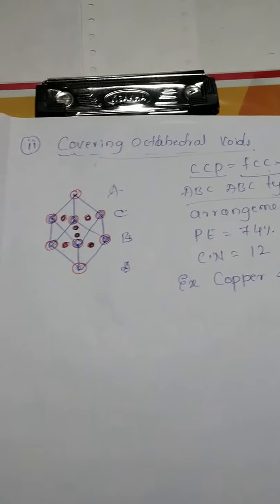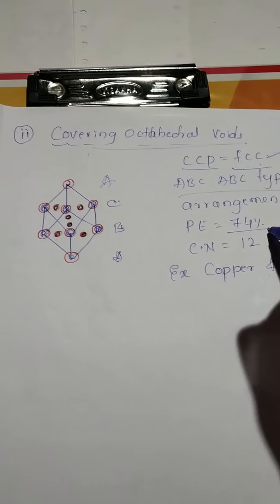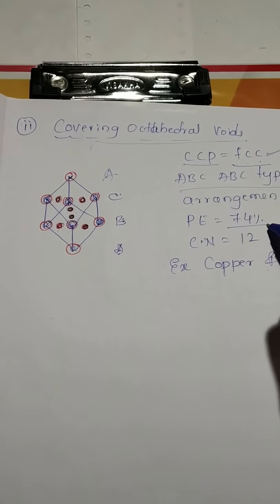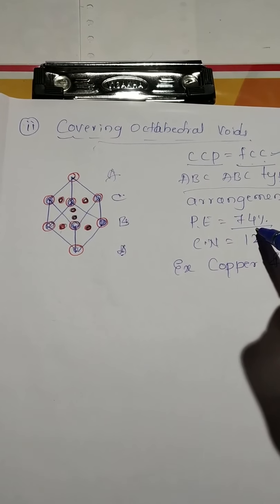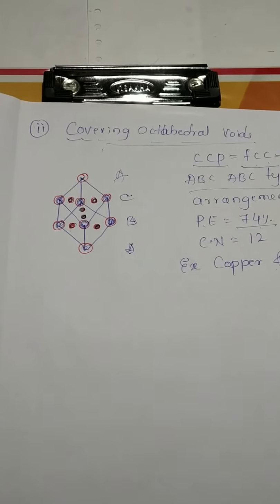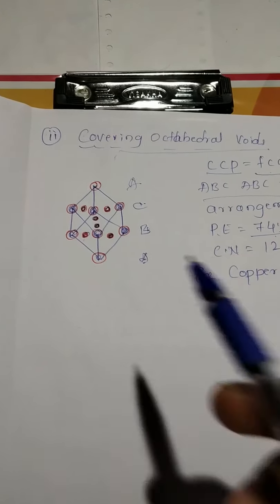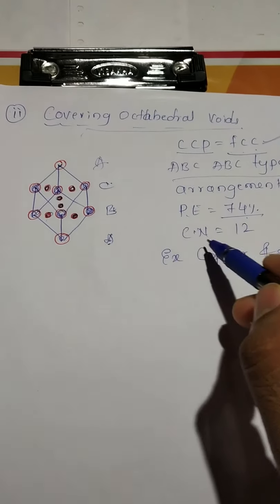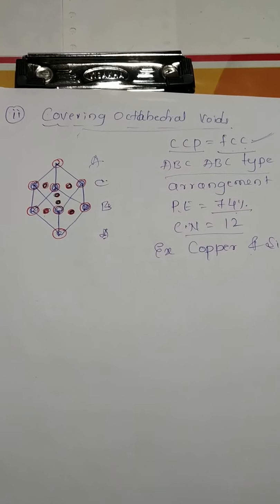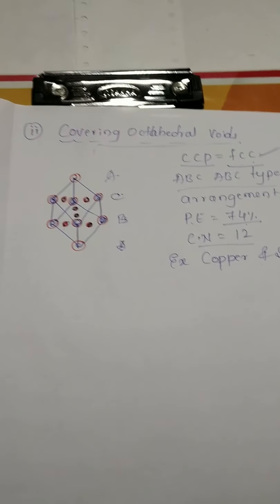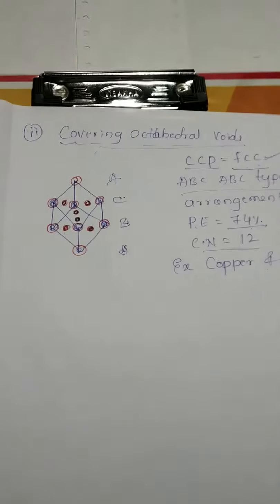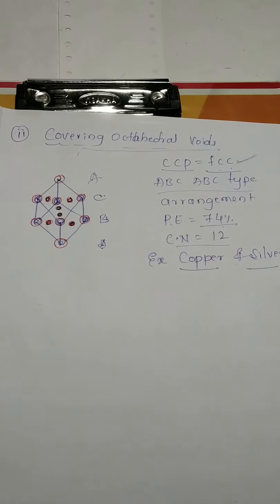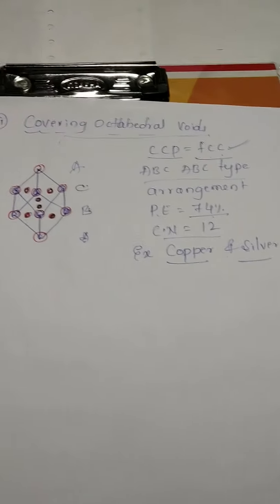Here packing efficiency is 74%. Here also the total space occupied by the spheres is 74%, hence packing efficiency is 74%. And here also the coordination number is 12 because each sphere is in contact with 12 of its neighbors, in CCP or FCC. And this sort of arrangement is found in metals like copper and silver. Okay,